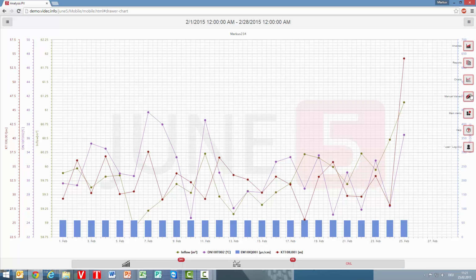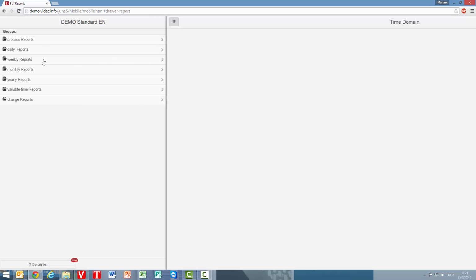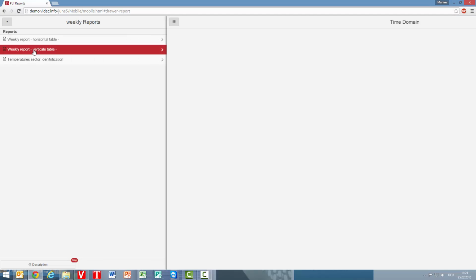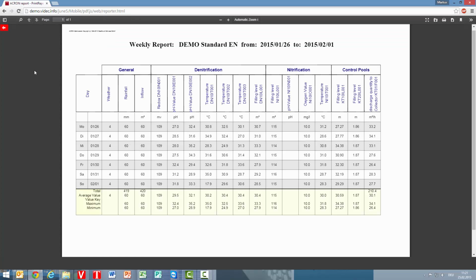Another option is the reporting function of Archon. Let's open here the directly reporting functions of Archon. Every report which is available in your Archon system, like these weekly reports, are now available in your trend view. Let's open this vertical report from February 2015,